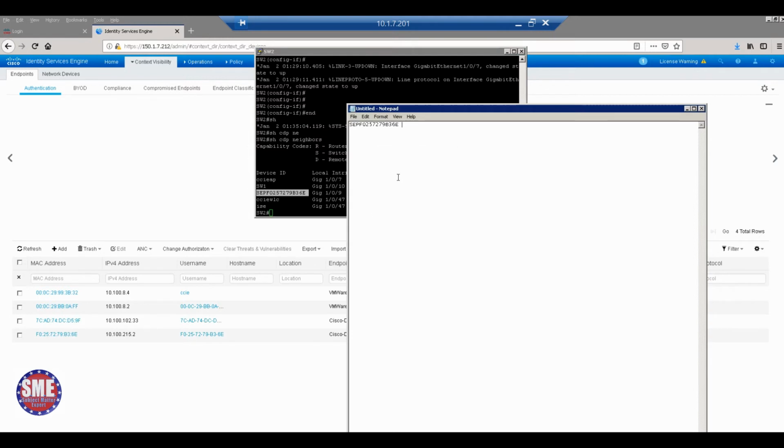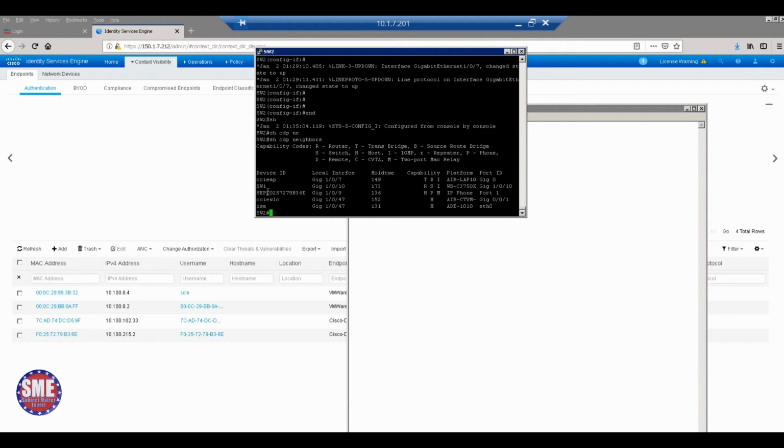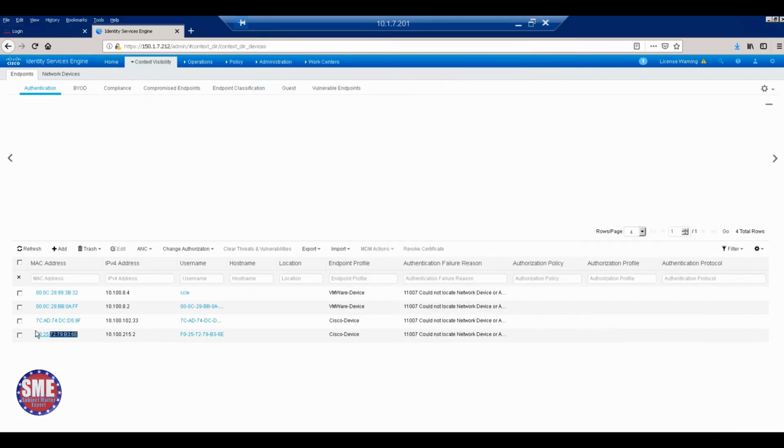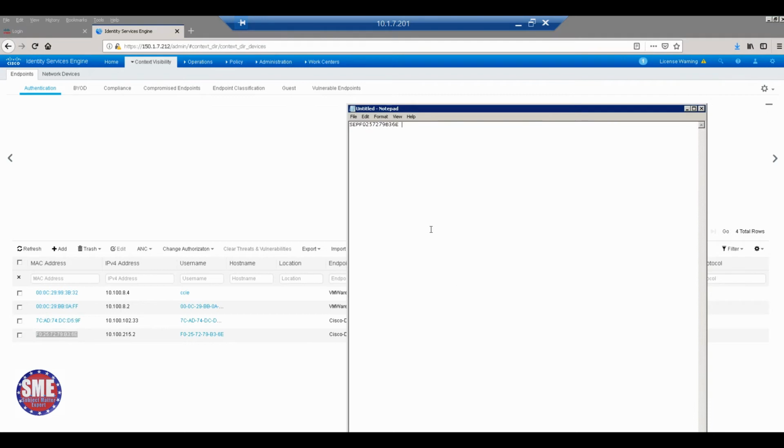See, I'll tell you. SCP is the Cisco IP phone Mac, right? Starting with SCP, this is the Mac. Yeah. F02572936C, right? 802. Where is this? Down. This is one, the value, right? So copy this value. Then you don't want to modify it also. You got it. Check it if it is working. This is the first Mac, right? I verified, and this is which one? IP phone, right? Okay, IP phone.